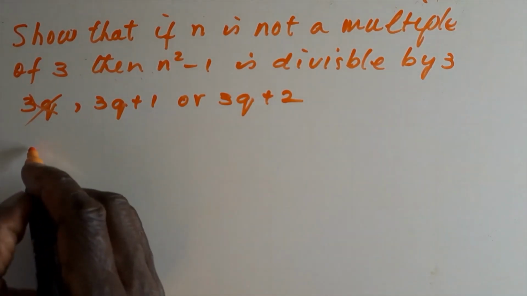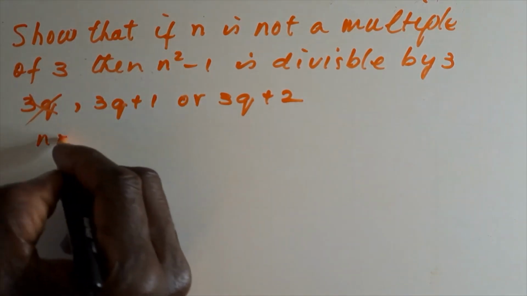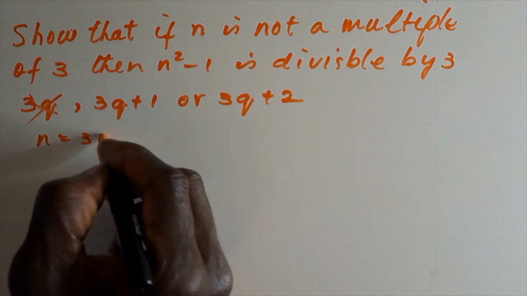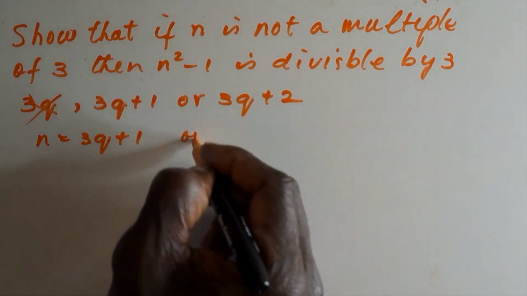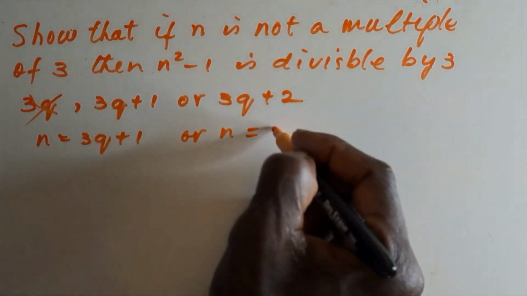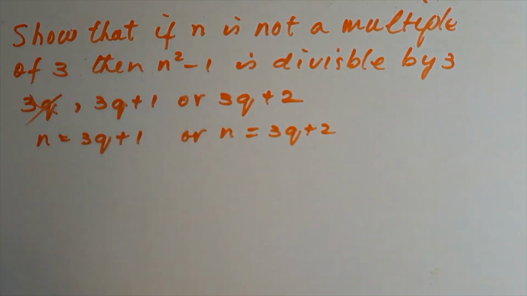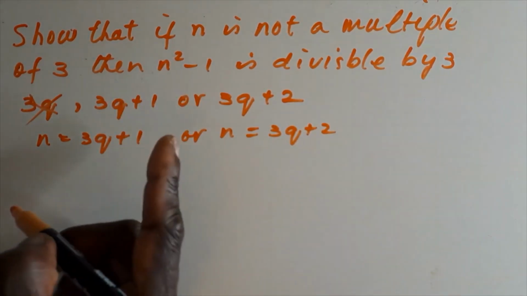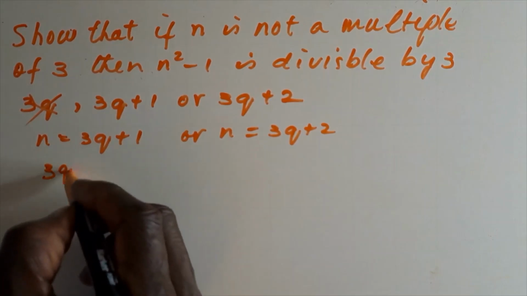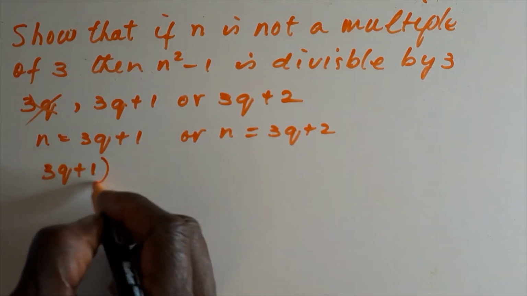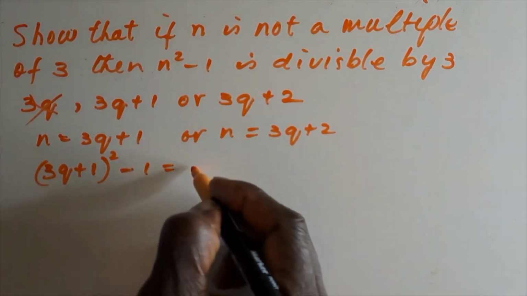So now let's go ahead and work out. We have now n equal to 3q add 1, or we have n equal to 3q add 2. So all we have to do now is compute n squared minus 1, which is 3q add 1 squared minus 1, and this gives us